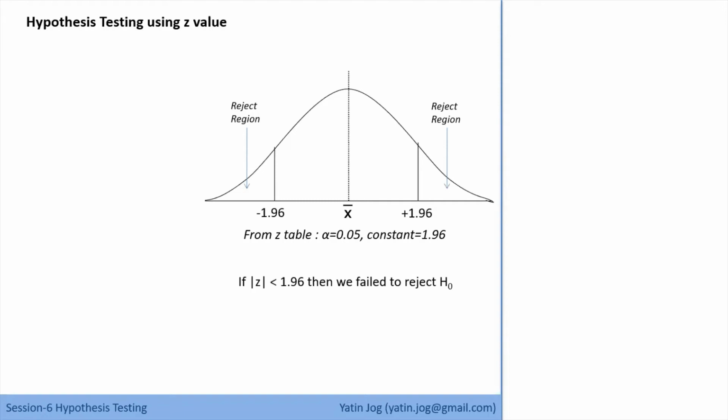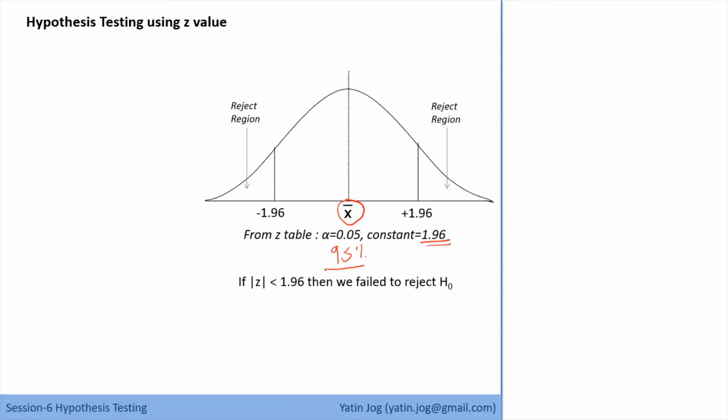Now we have already discussed the normal distribution and we know how to calculate Z. And you are aware of this diagram also. So when I say for a certain value, this is X bar in my normal distribution, and for 95%, this alpha is 0.05, that is 95%. At 95%, my Z is 1.96. From the Z table itself, we came to know that at 95%, my Z value is 1.96.